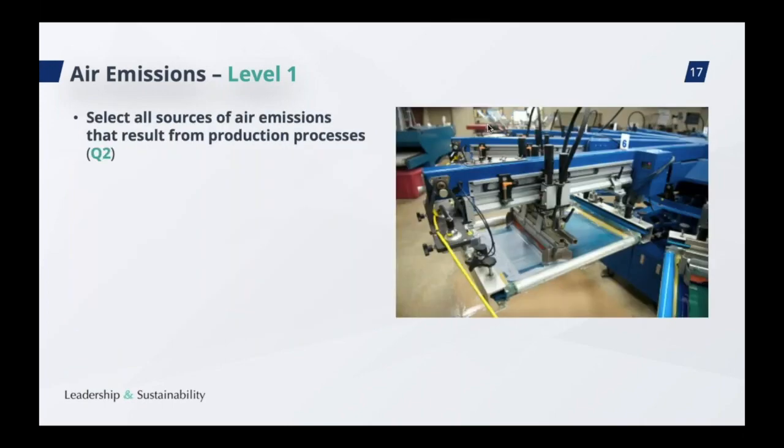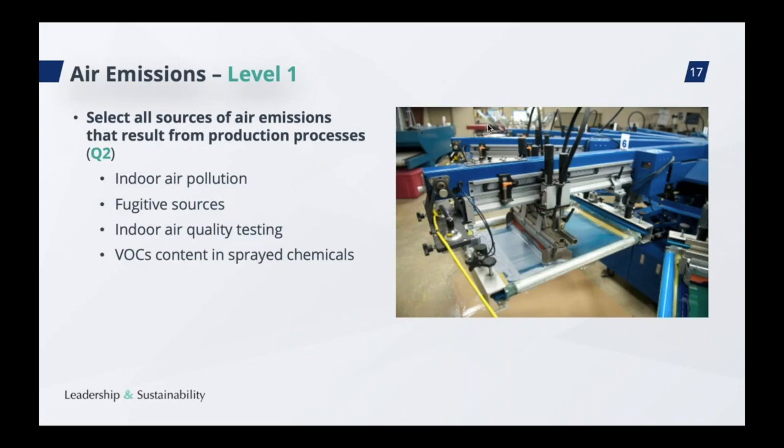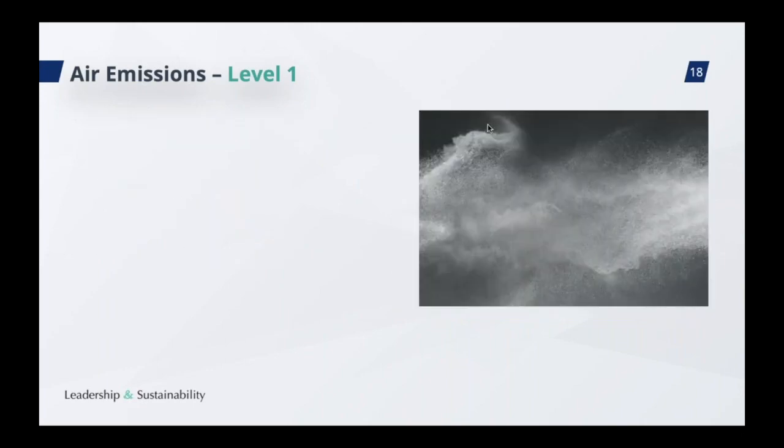Question 2 focuses on air emissions that result from production processes. Let me explain this question further, because it is only for indoor air pollution and fugitive sources from production processes, sources without a chimney that emit outside the building. You shouldn't enter your point source emissions here. You can calculate and track these emissions by using health and safety indoor air quality test reports. But you need